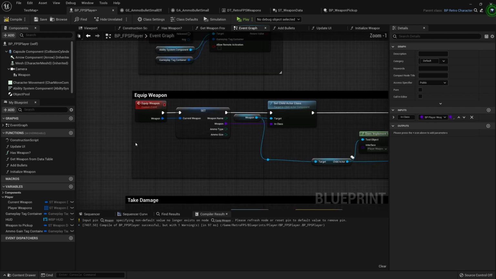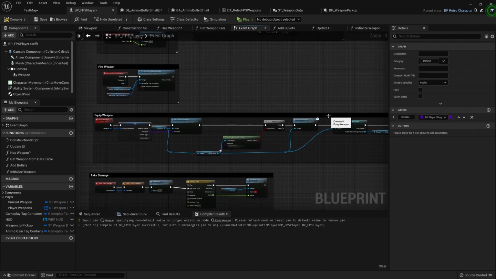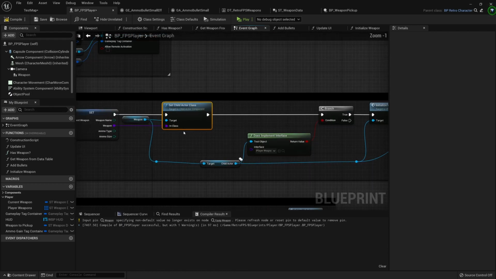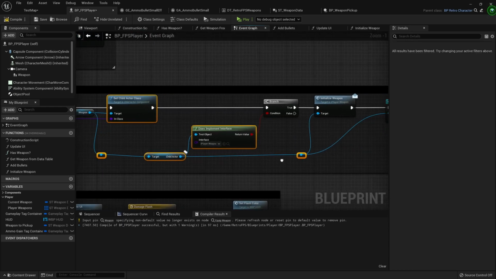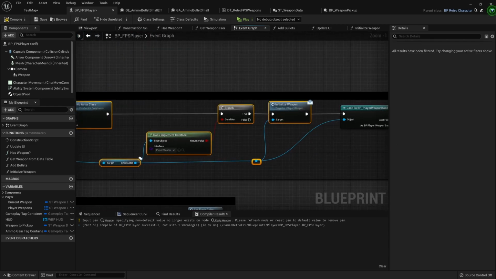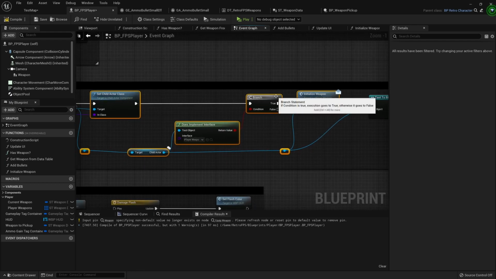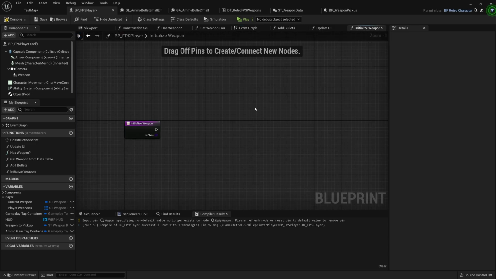In the actual initialize weapon, we're kind of wanting to do a lot of this equip weapon stuff. So what we want to do is take this set child actor class and the interface check all the way through initialize weapon, and we're going to just cut that and paste it in here.